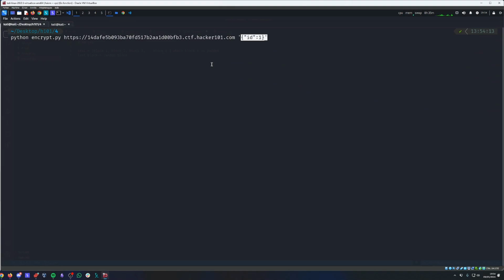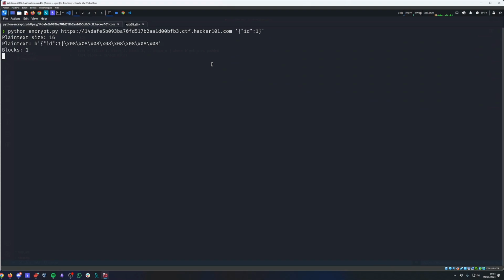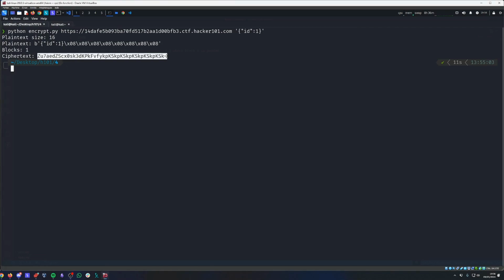So ID equal 1. If I start running this, we do have one that is appearing. And so if we use that one specifically on the post,